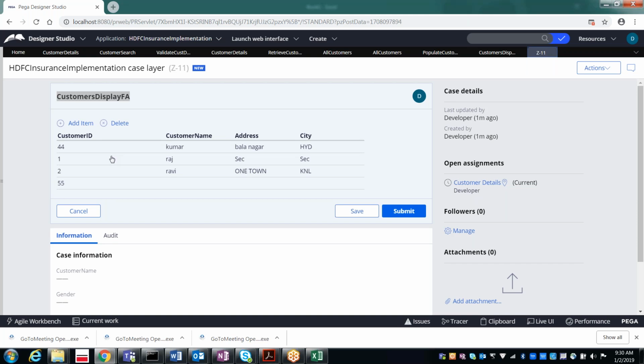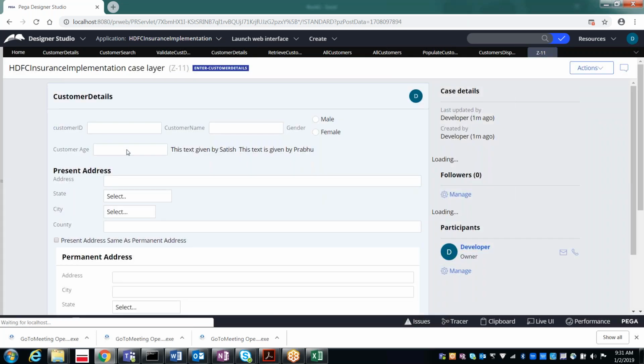This is called browsing multiple records and displaying in the UI through the table layout. Yesterday we did populating a single record, but today we populated multiple records.